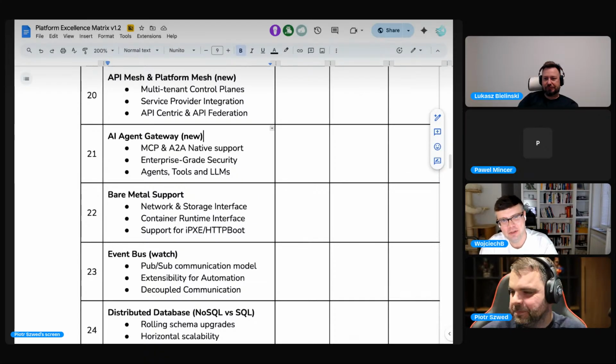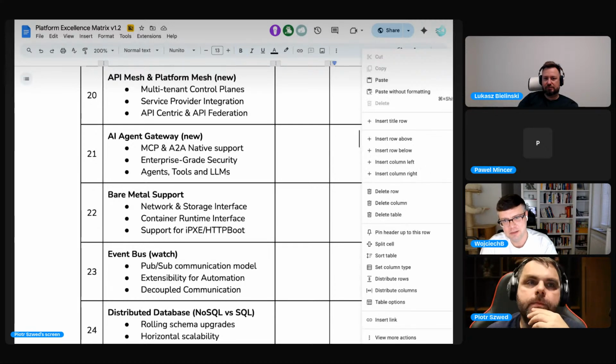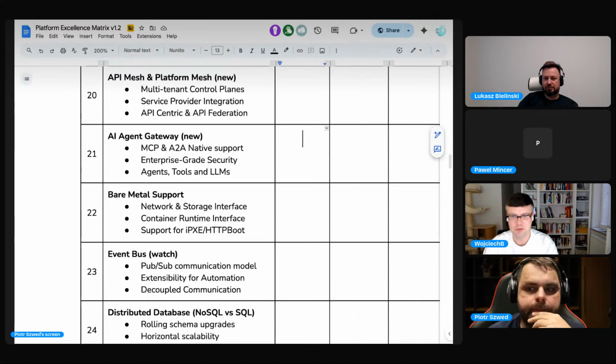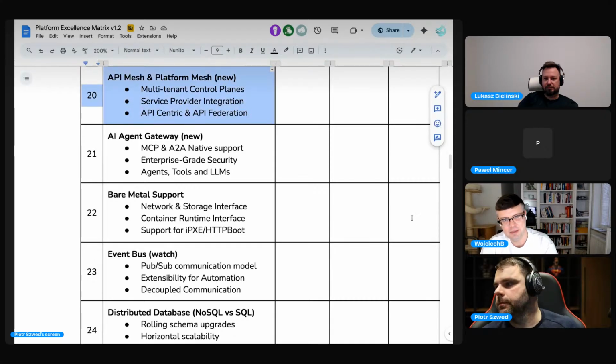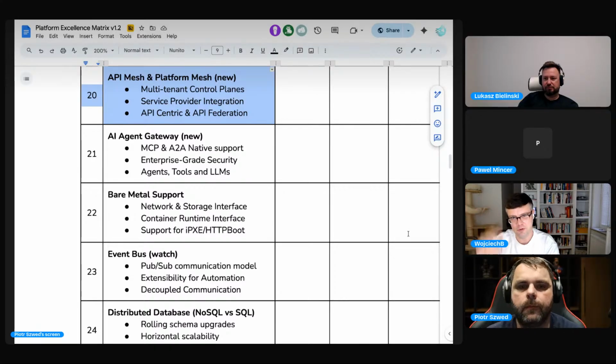I think API mesh, just to explain the concept, is about letting all the teams share the APIs between each other and have this information on one platform, plus to have multi-tenancy on top of that to be able to ensure that people can share between each other. And I think that's necessary for having this kind of full democratization, because I think it's a bit of a repetition of points we were discussing.